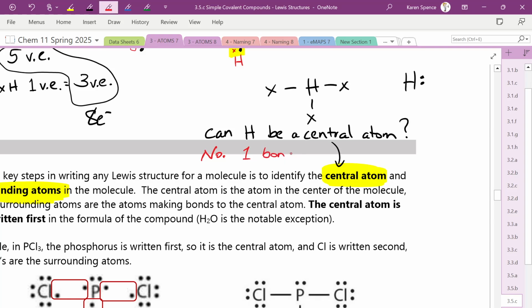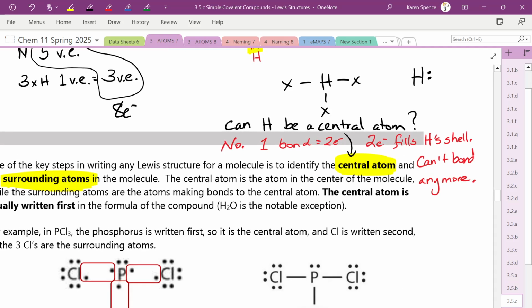One bond is two electrons. Two electrons fills hydrogen's shell. It can't bond anymore after that. So only one bond. So first of all, you want to think of things like that. Hydrogen can't be a central atom. Do not put it in the middle. How about,